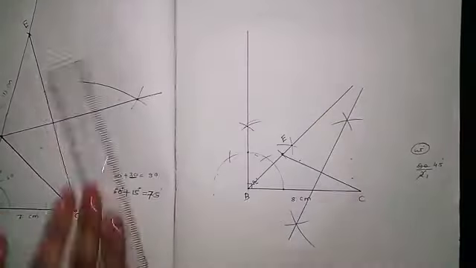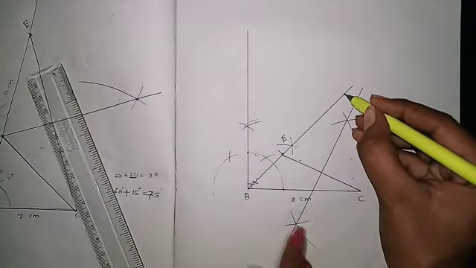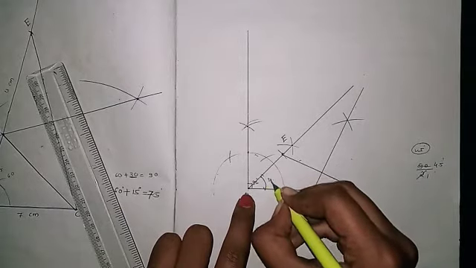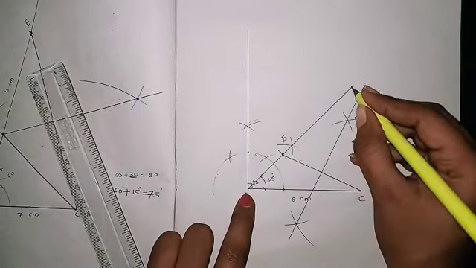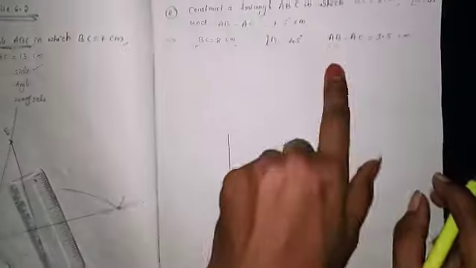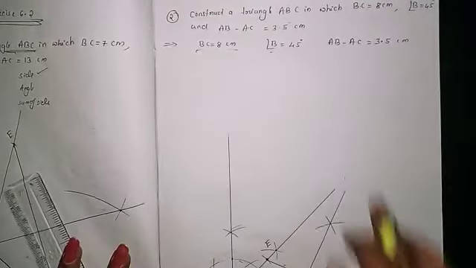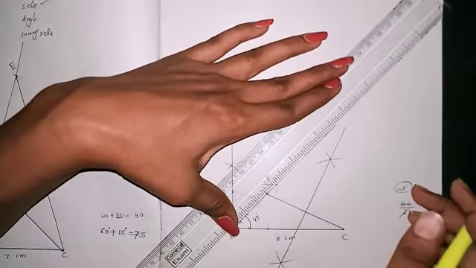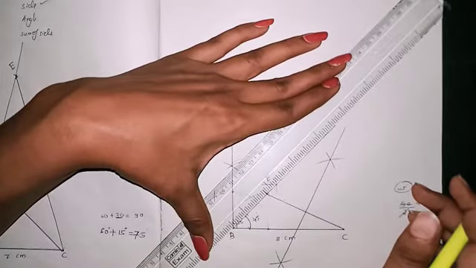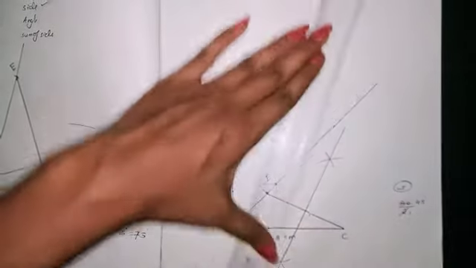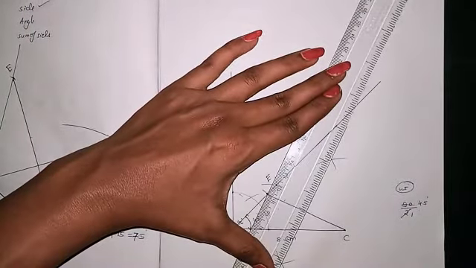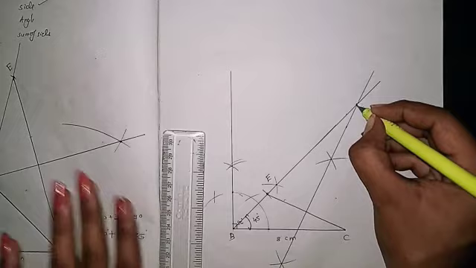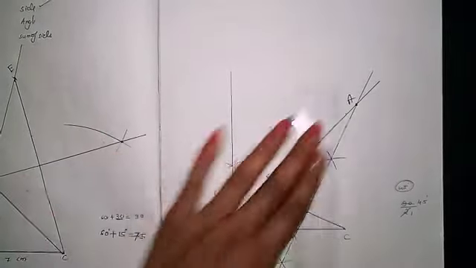So now you can observe whether we got any intersection point on this line, because on this line we want the intersection, because it is the angle created as 45 degrees. So on this line we want intersection. Whenever it is a subtraction, sides are subtracted, so that time it will happen. So for that, you just increase the length of these lines. I will increase this one, and you have to carefully increase the length of these lines. So now it intersects. So this intersection point what we got, that is our A.